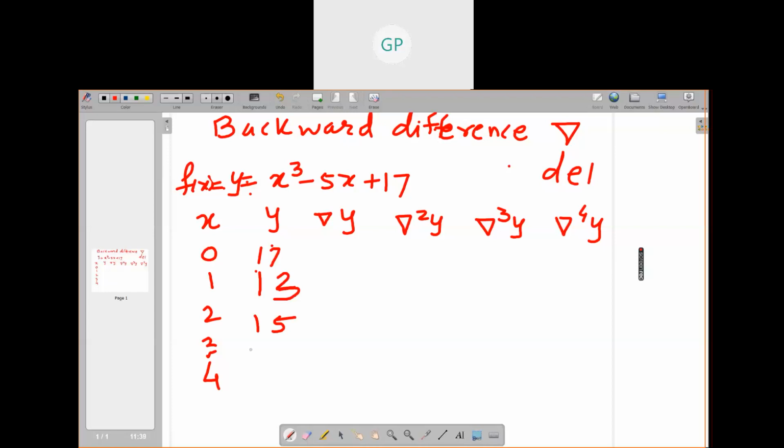Girls, you must write down this. I am going to put my lecture video, but in case the screen is not visible in the video, then only my audio will be there. It sometimes happens. So please do write what I am saying or what I am doing on the screen. 3 cube is 27. 27 plus 17 is 44, minus 15, 29.